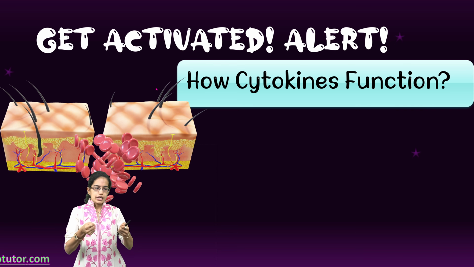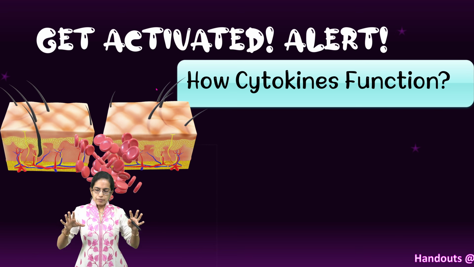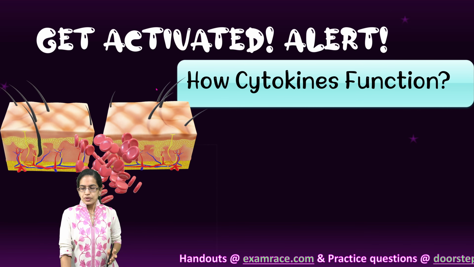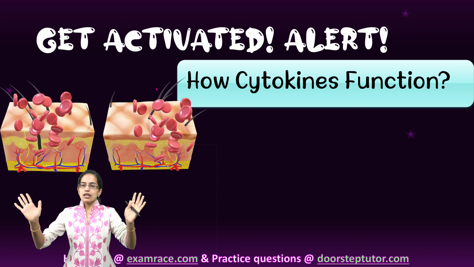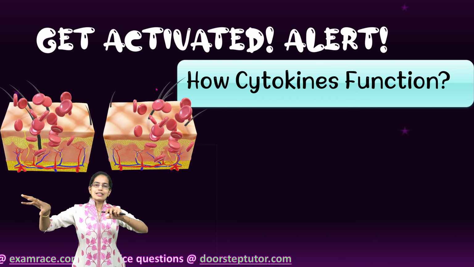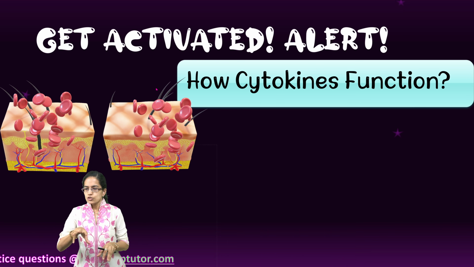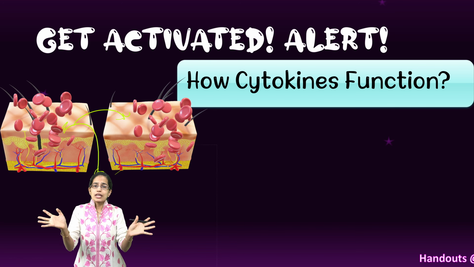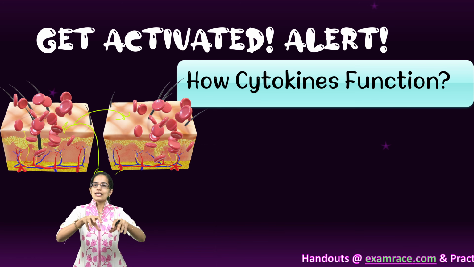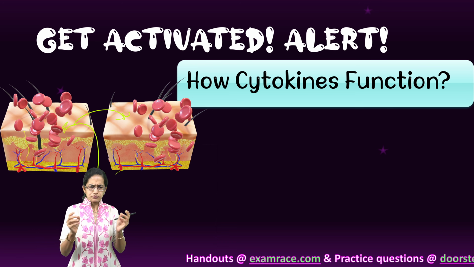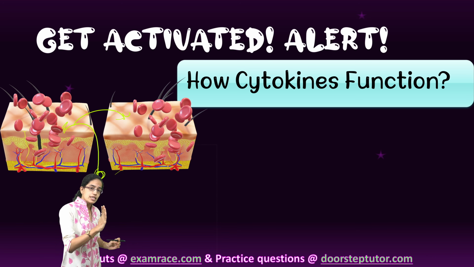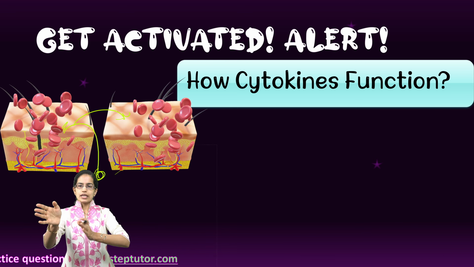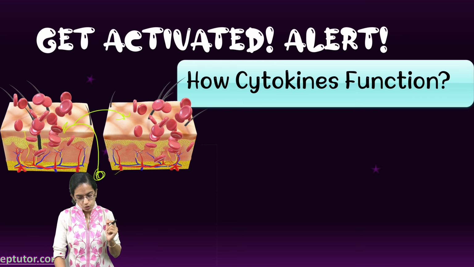Now, when they are working, what would happen? Because of the inflammation around the cell walls, the blood would start to leak. When the blood starts to leak, it comes out and reaches the damaged areas. So as you can see, the blood which was here comes out and reaches the area where healing is required, and the cytokine gets activated and starts to heal the body. So very simple. There is a leak of the blood, which enters the surrounding tissue, goes to the areas that have been damaged, and quickly starts to repair.